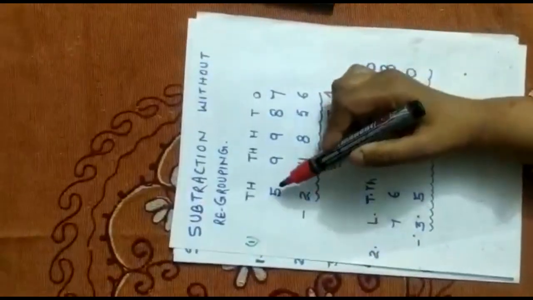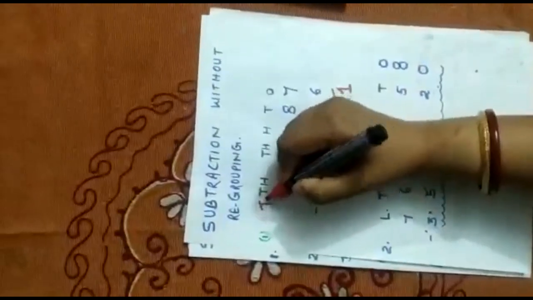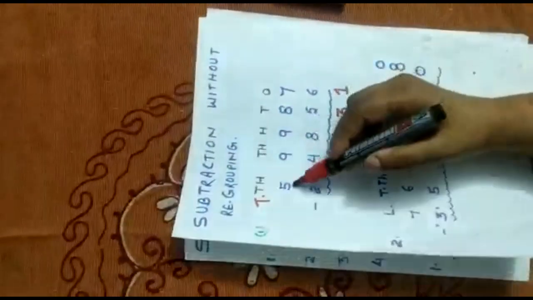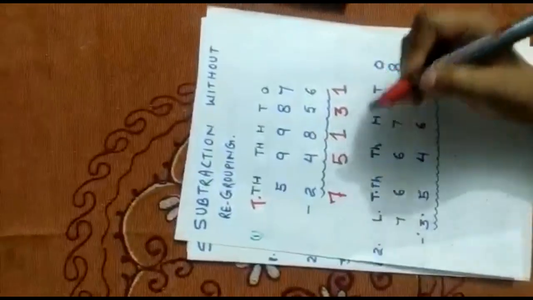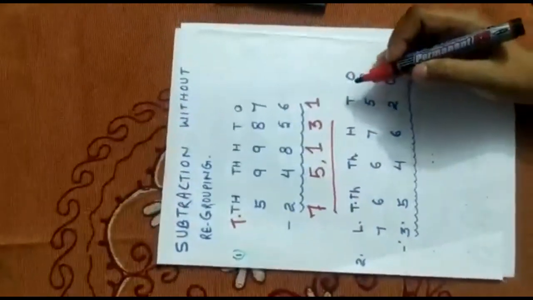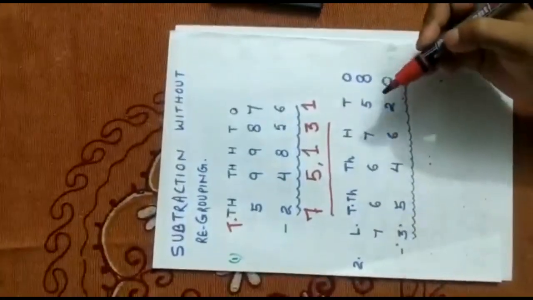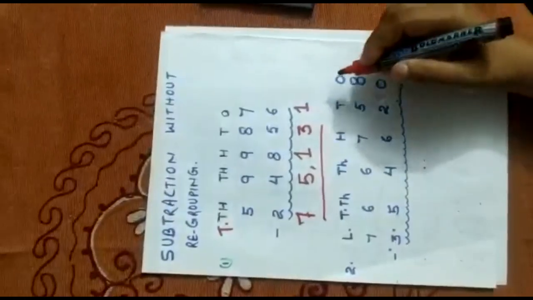Now we subtract 5 ten-thousands minus 2 ten-thousands, which is 3 ten-thousands. So it is simply, we follow the rule. Similarly, in the case of subtraction of 6-digit numbers, we will start